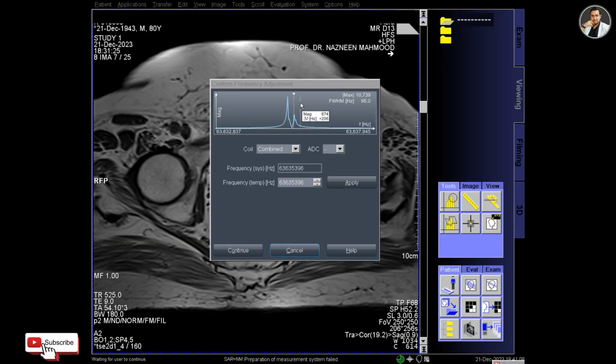And this is the frequency adjustment for MRS. So I will select the peak here, the peak frequency, and then apply.